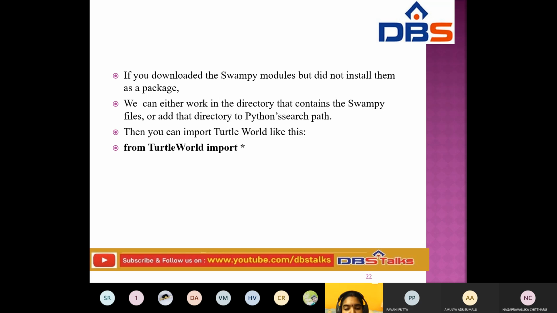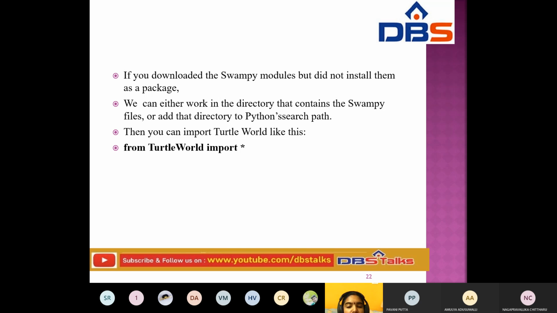Here we can either work in a directory that contains the SwampPy files, or add the directory to the Python search path. Then we can import turtle world like this: from turtle world import star.